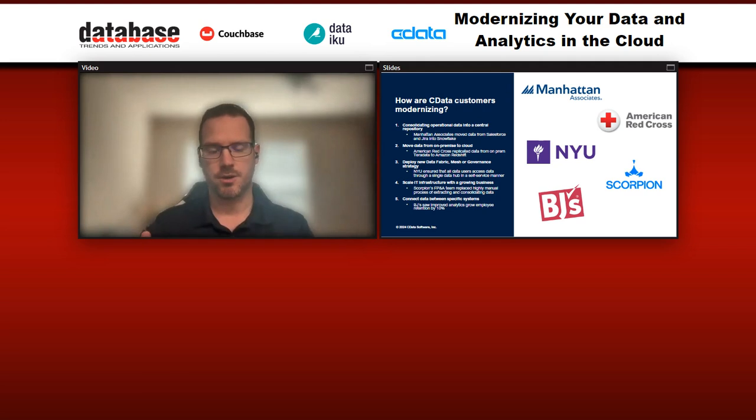And so they're able to do all of that and adopted CData Virtuality to create that single data hub that's not just usable by IT, but also usable by line of business users. So they get real self-service access for every user in their organization.